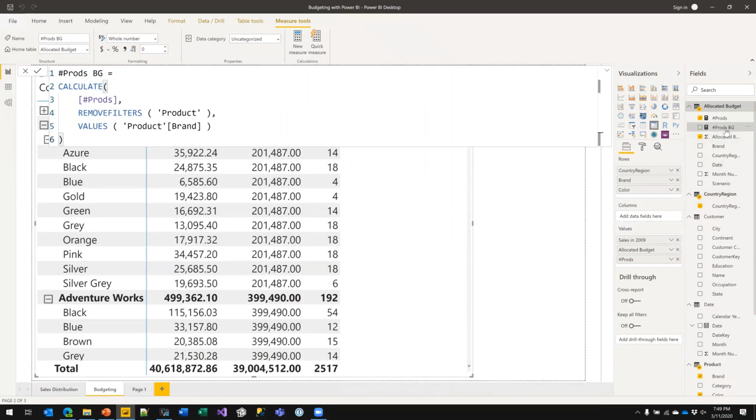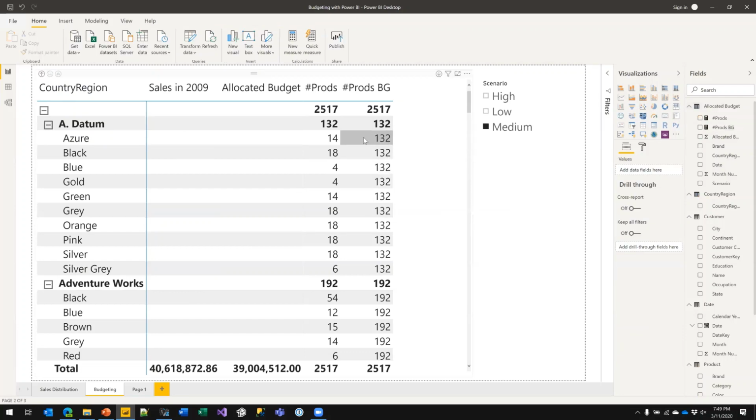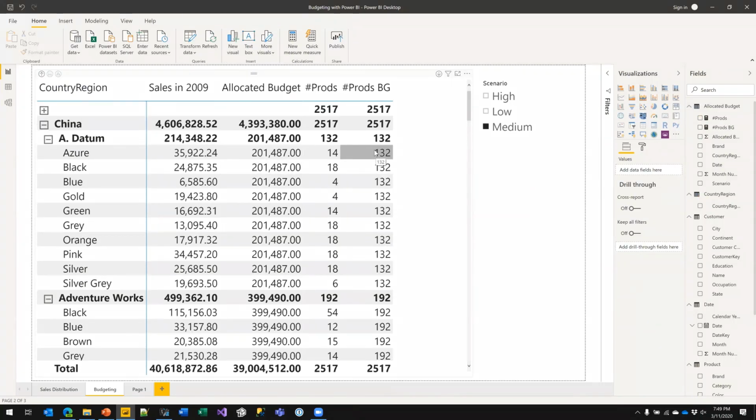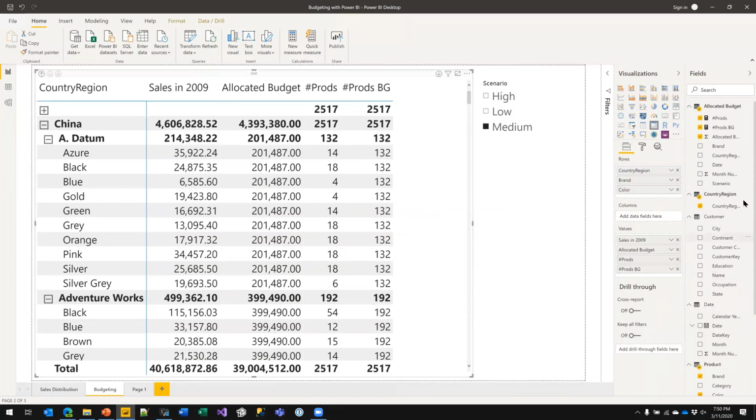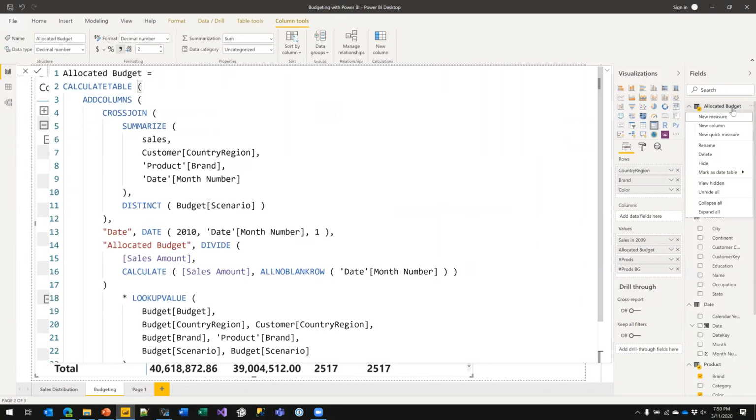Let me see if this is correct. Now you see that the value for a datum returns always 132. Now I only need to compare this value against this other value. If they are the same, I show the number. If they are not, I hide it. So I need to build a measure on the allocated budget.